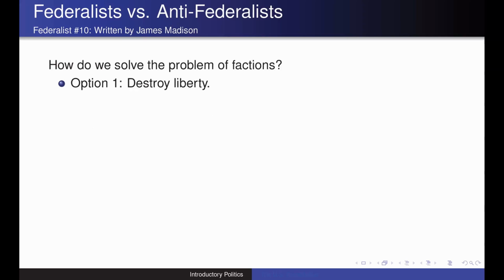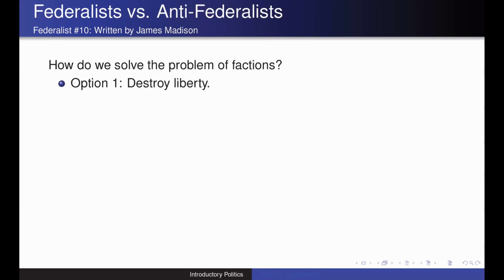So Madison then essentially goes on to talk about what the possible ways are to solve this problem. And he essentially argues that there are three different ways. One way to solve the problem is to just take away everyone's liberty, essentially forcefully control the lives of every person as much as possible. Madison is going to say that that is not what we should do, as in this is possible to work, but certainly not what we're trying to do in the United States.